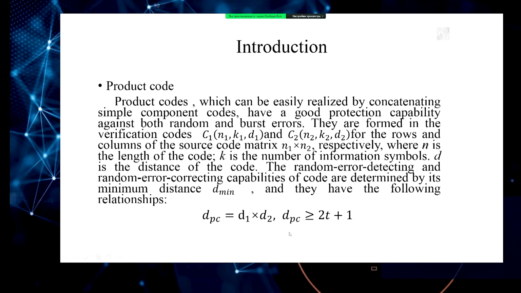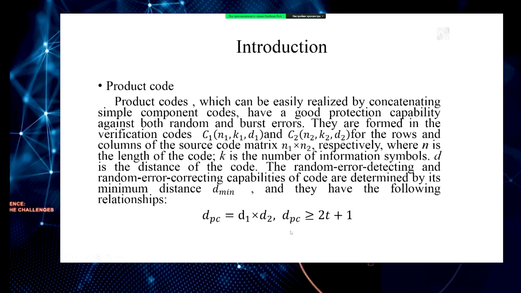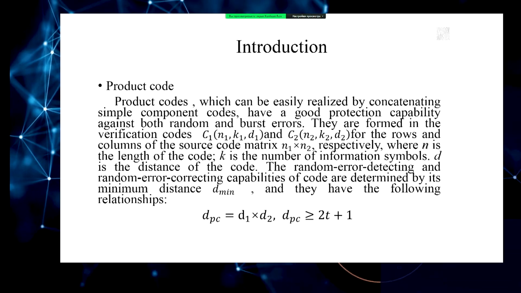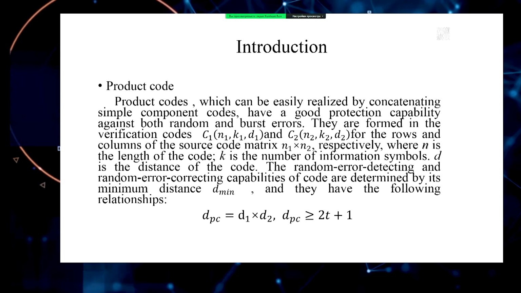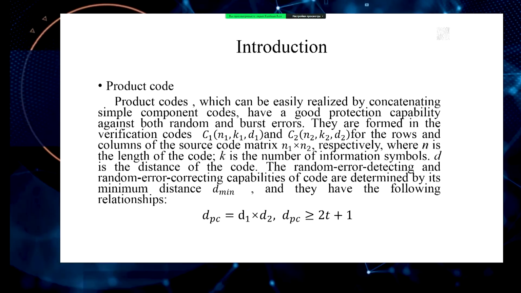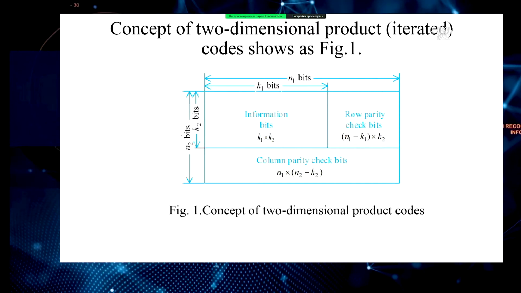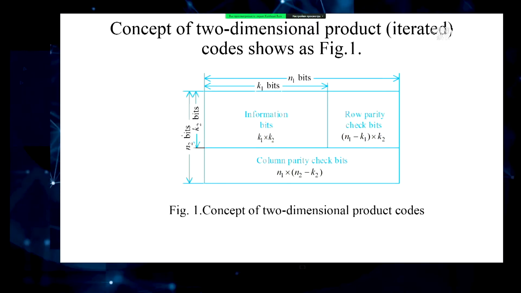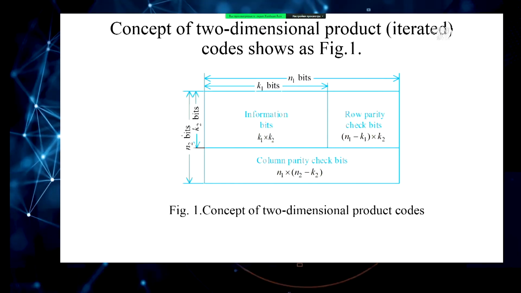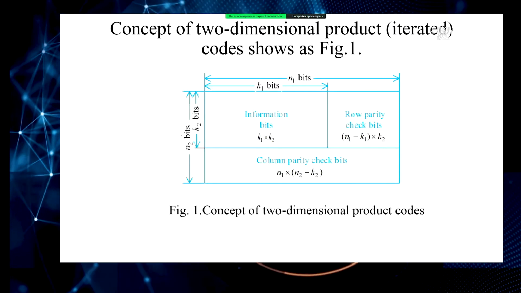In other words, the product code is capable of correcting a combination of errors T equals D1 times D2 and then divided by 2. The product code is encoded in 2 steps. A message of K1 times K2 information symbols is first arranged as shown in the upper left corner of Figure